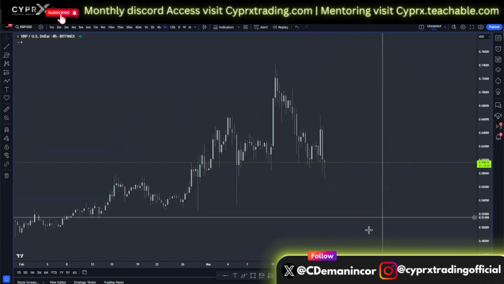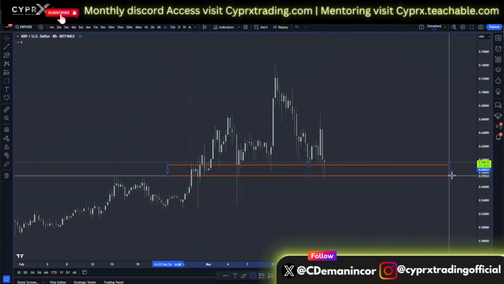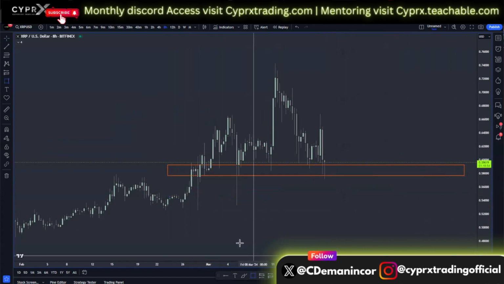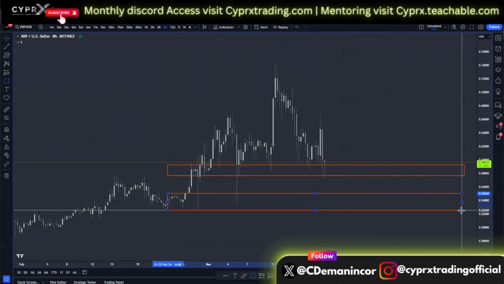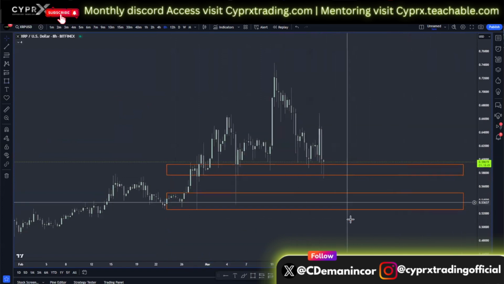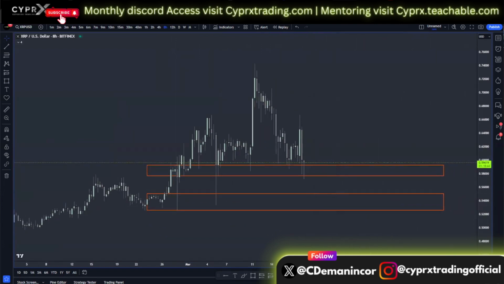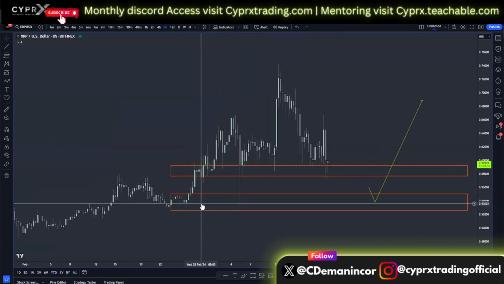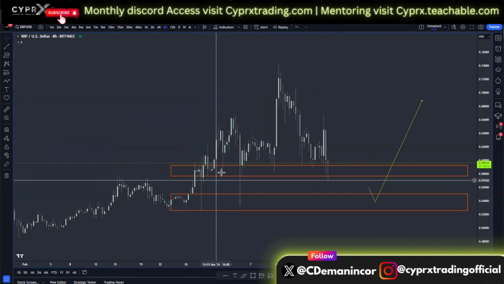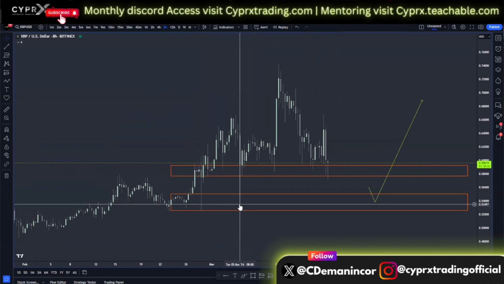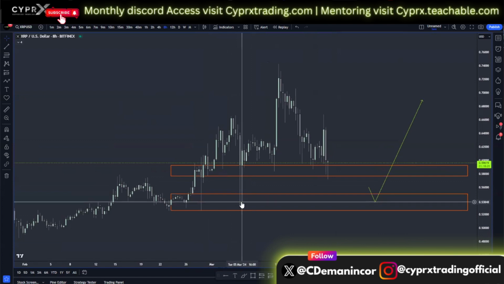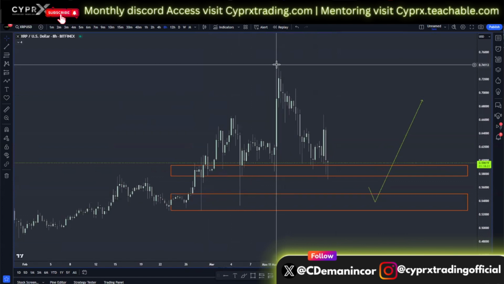So on XRP, I've mentioned that 58 cents to 55 cents is my bullish threshold, where as long as price action is above the 55-cent psychological level, I will continue to look for buy positions. That means that even if we see a deep retracement down to roughly 55 cents, or this previous demand range where you can see price back on February 28th bought from the significant area of interest, same thing. Roughly on Tuesday, March 5th, we saw another interesting buy scenario play out here, from around 55 cents, that took us all the way up into 74 cents.